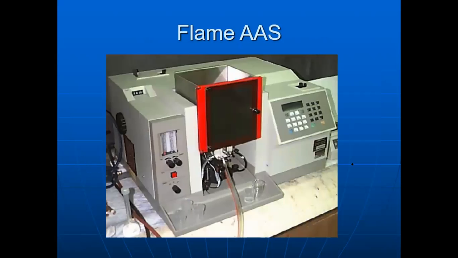So this is a flame atomic absorption spectrometer, a typical instrument. Actually, this instrument is off. If the instrument is on, you can see some flames; we usually use acetylene gas here. Some blue colored flame usually burns here, and the gases escape through a chimney. This is a typical flame atomic absorption spectrometer. I don't know how many of you have seen one, but in my university it is there.